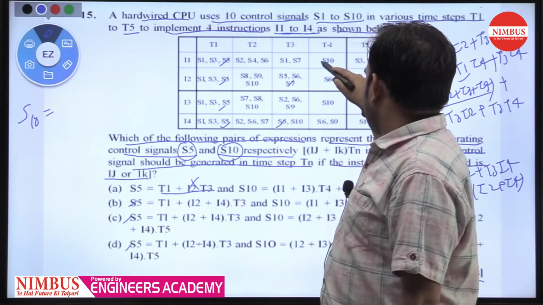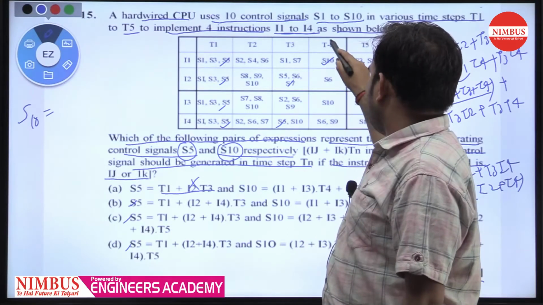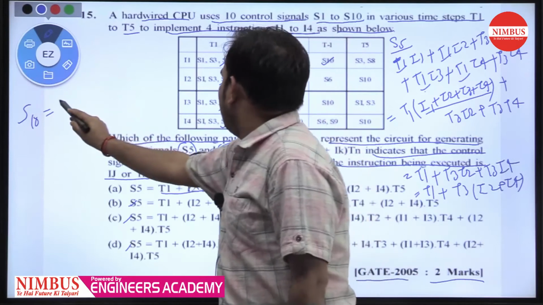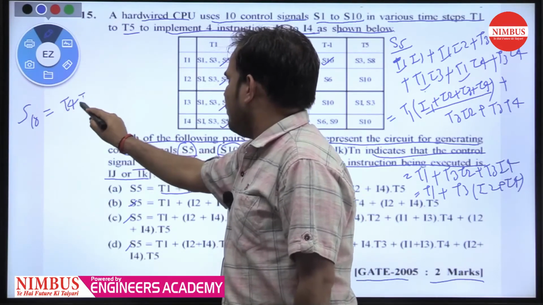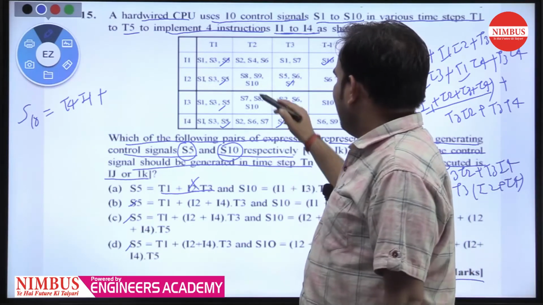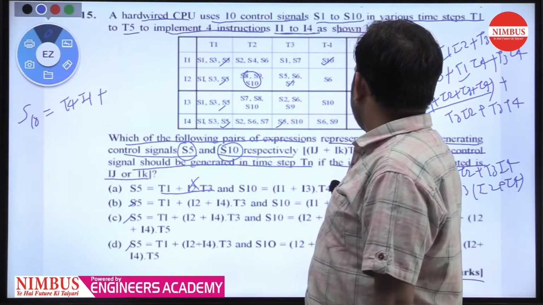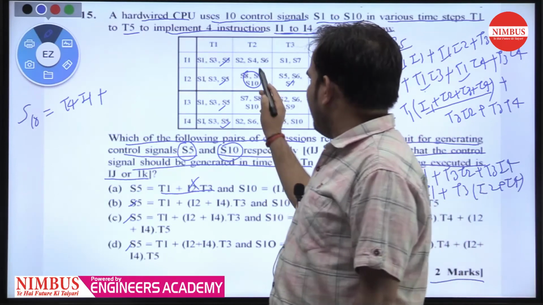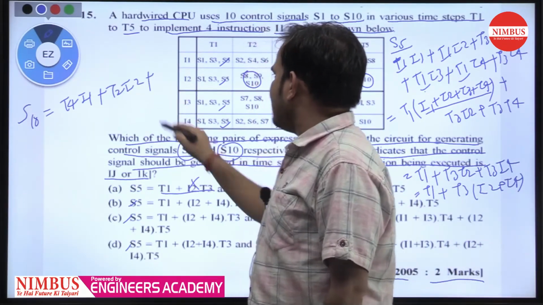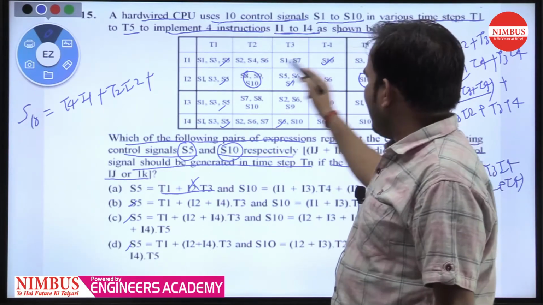S10 is present only in T4. So we can write T4 I1, plus. In I2, S10 is present in T2 and T5. So we can write T2 I2 plus T5 I2,